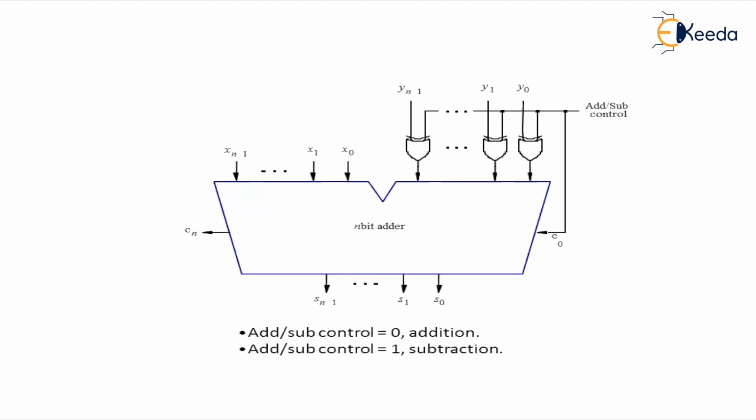Now, when you see this circuit, it consists of an n-bit adder. It has an XOR circuit that has been attached to it. And the XOR circuit has the input of the variable y, and it has a variable x that is also providing the input. And the carry bits are being generated into the n-bit adder, and you get the output as the sum. So when add or subtract control is equal to 0, you perform the addition operation. When add or subtract control is equal to 1, you perform a subtraction operation, and the carry bits are generated which are being controlled with the help of the different variables which are interconnected with each other.